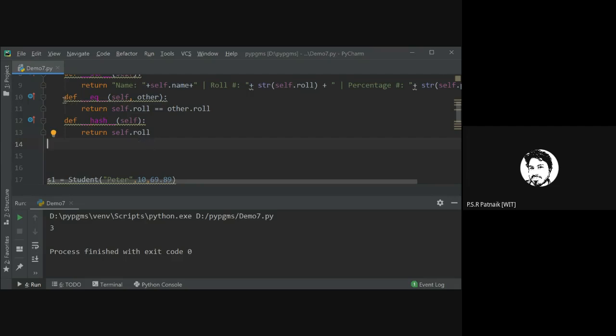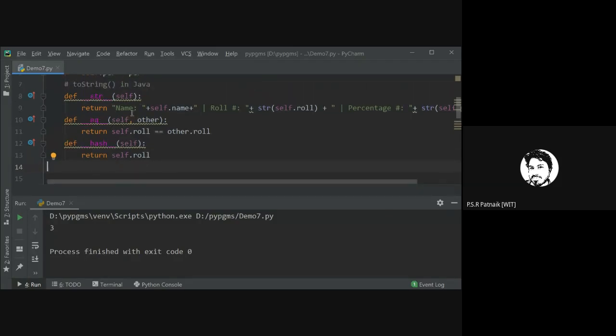So that's why for any class, if you ever try to override these two, you have to take extra care that if both the hash codes of two objects are equal, you have to make sure equal also returns true in that case. By default, the default implementation in Python takes care of it, using some internal logic. But when you want to override, you have to make sure that these two are overridden.